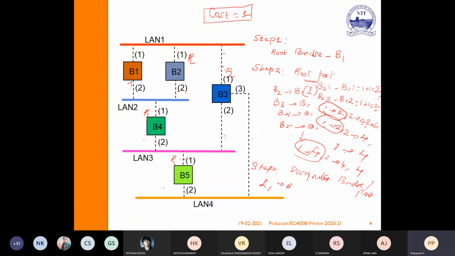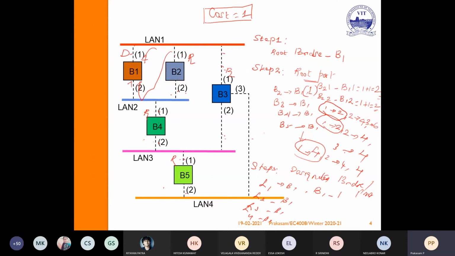So LAN 1 to B1, LAN 2 to B1, LAN 3 to B1, LAN 4 to B1. So LAN 1 to B1, this is one direction, this is another direction. Here cost is 1, here 1, 2, 3. So always this is the designated port. So for LAN 1, bridge 1